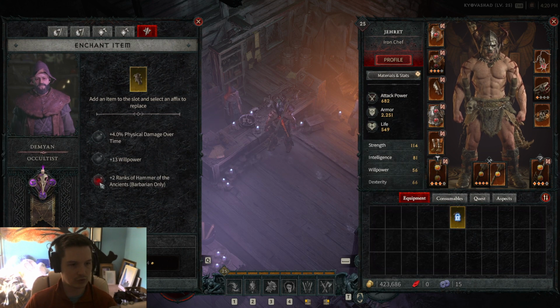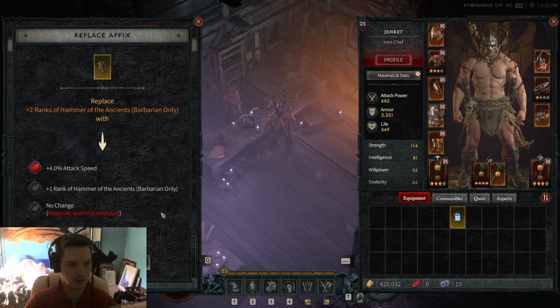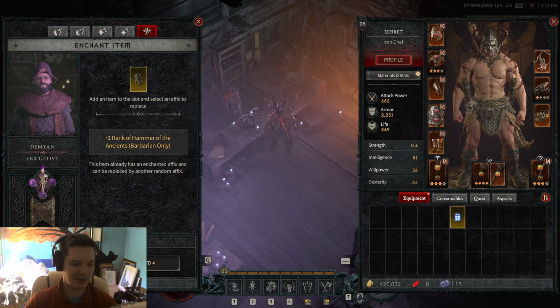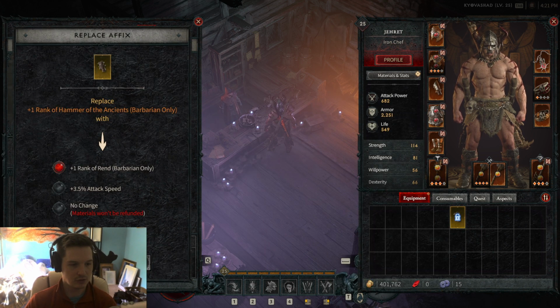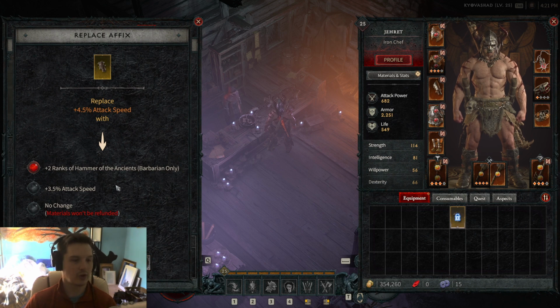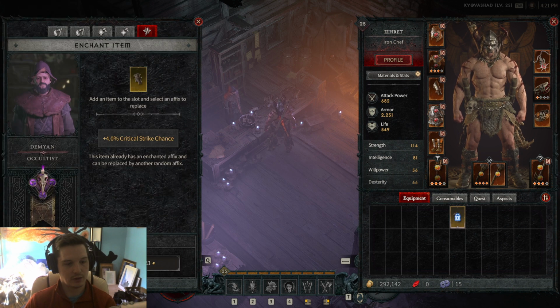So what you can do is re-roll the rank of Hammer of the Ancients. This time it rolled with 1, so +1. When it says +1 there, it says it can do 1 or 2, so it rolled into 1. That's kind of interesting. Let's do it again. 1 rank of Rend. Let's do it again. Lucky hit, attack speed, 2 ranks. So I'm back up to 2 ranks of Hammer. 10 strength. I'm just looking for more ranks of... I want to see if we can get...